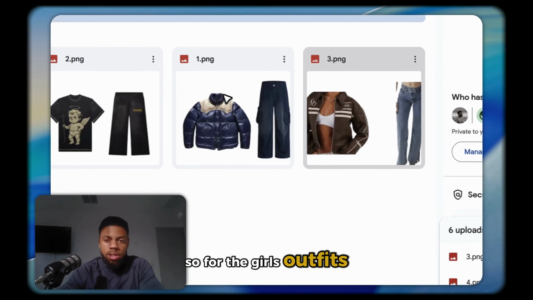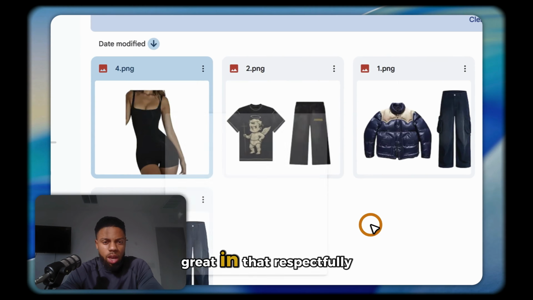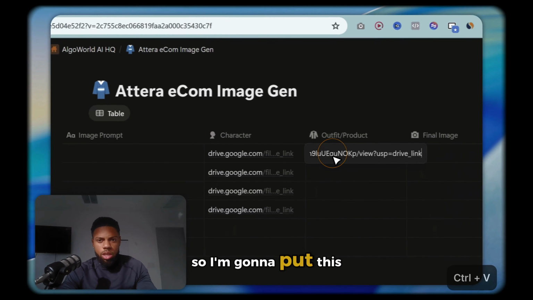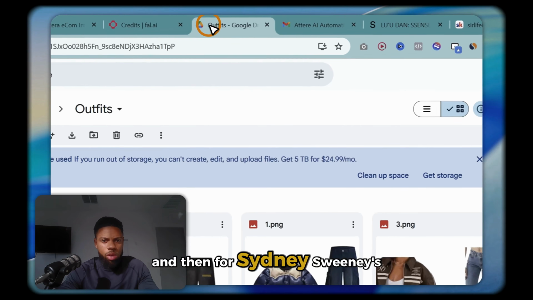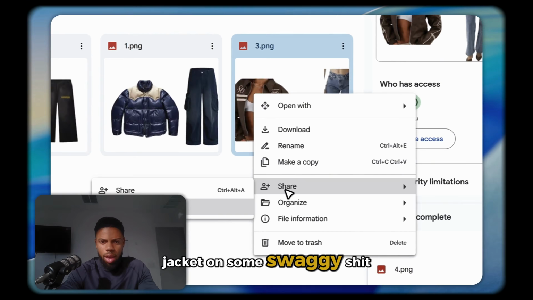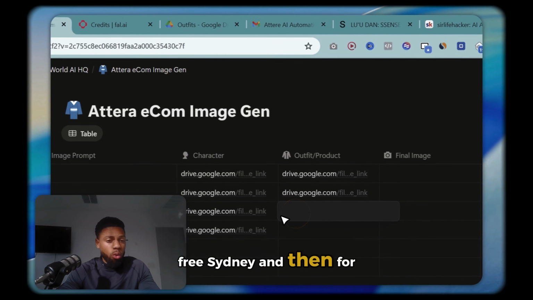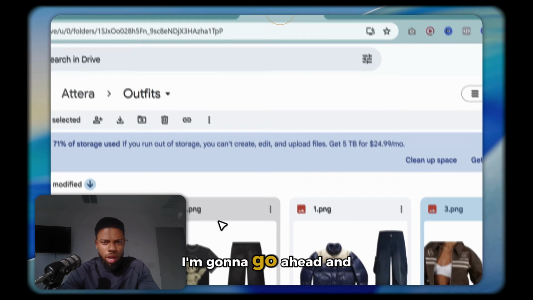So for the girls' outfits, I'm going to put Alexa in the bodysuit. I think she would look great in that, respectfully. So I'm going to put this right here. And then for Sydney Sweeney's character, I'm going to do the moto jacket on some swaggy stuff. Go ahead, Sydney. Y'all been hating her lately. Free Sydney. And then for Timothy Chalamet, I'm going to go ahead and put him,